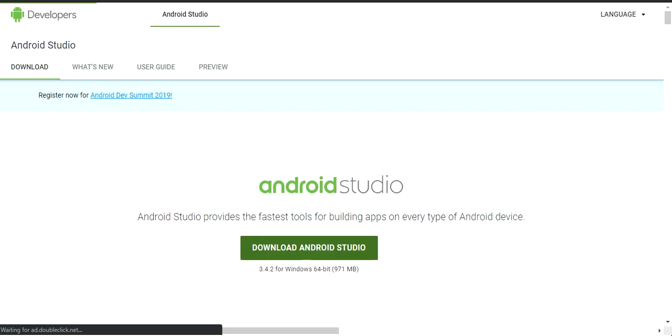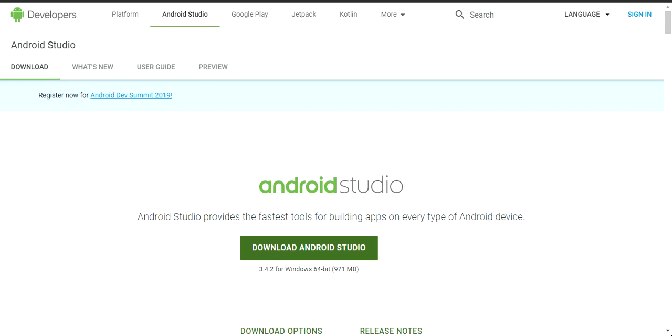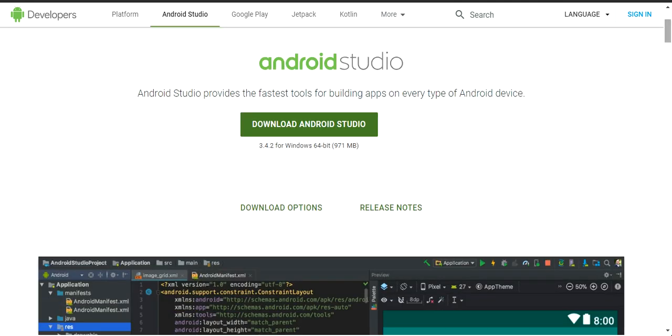Here you will get the latest version of Android Studio. Like now the latest version is 3.4.2. You can install this one, and there is no need to install the SDK separately because the SDK is inbuilt in this Android Studio.